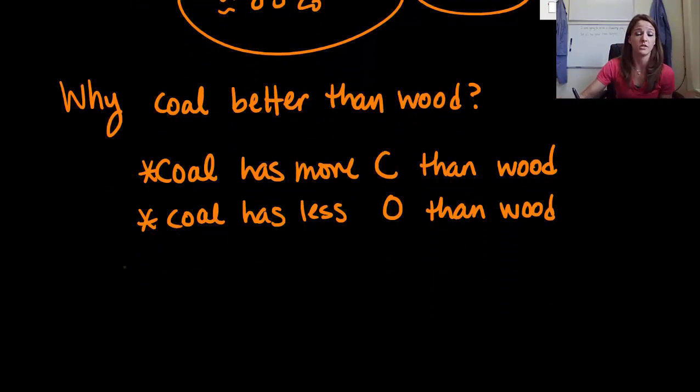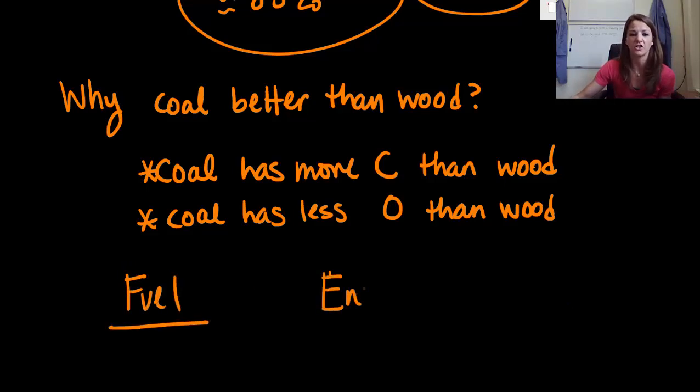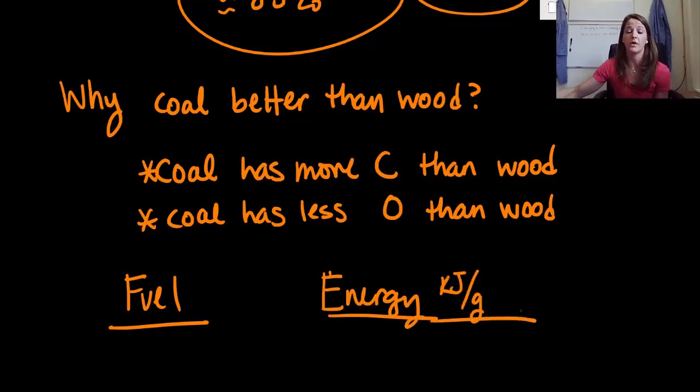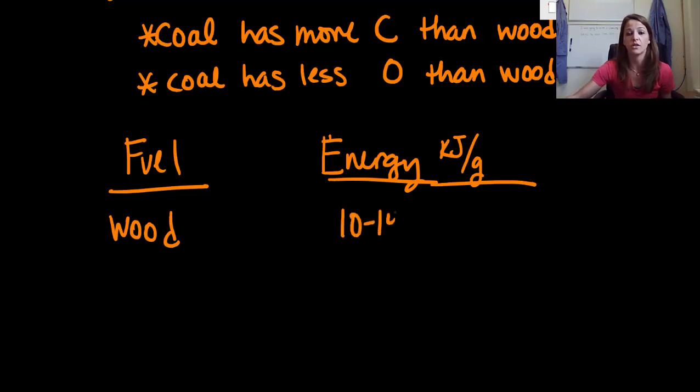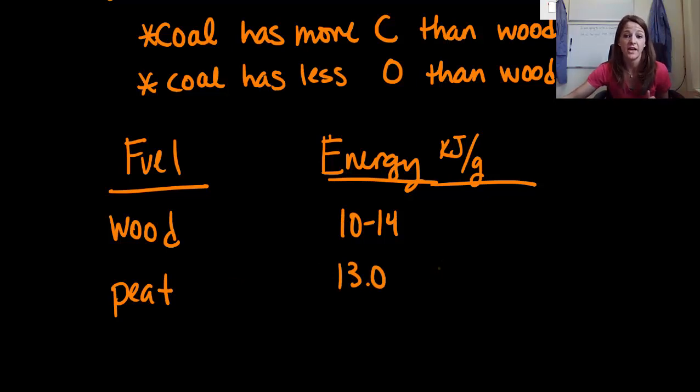So let's look at some real numbers here. So let's look at our source of fuel, and then the heat evolved, or maybe energy. Let's say energy evolved. And then for energy, our unit's going to be in kilojoules per 1 gram of substance. So our first fuel is going to be wood. And so when we burn wood, we evolve anywhere between 10 and 14 kilojoules per 1 gram. So that's a decent amount of energy, but not a lot when you compare it to, let's start with the worst form of coal, which is called peat. Worst form of coal has about 13 kilojoules evolved of heat per every 1 gram. And that is the worst because it has the lowest percentage of carbon.